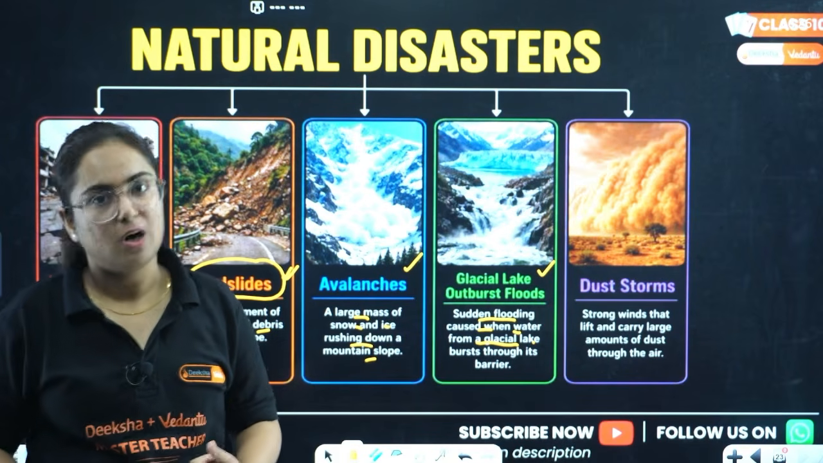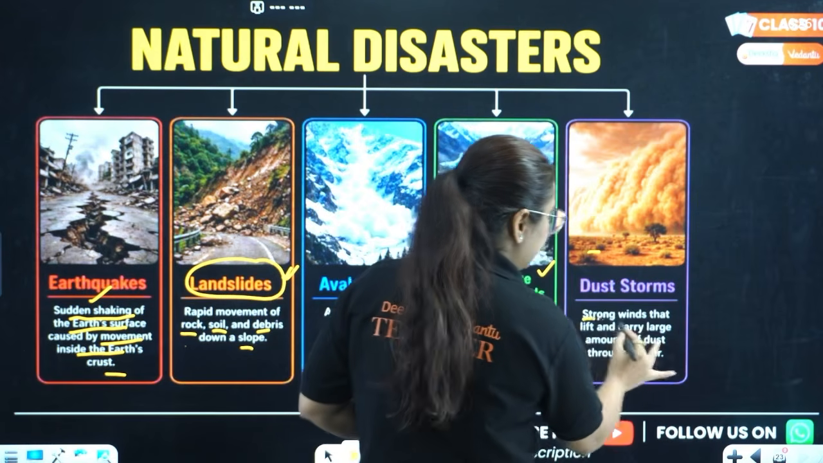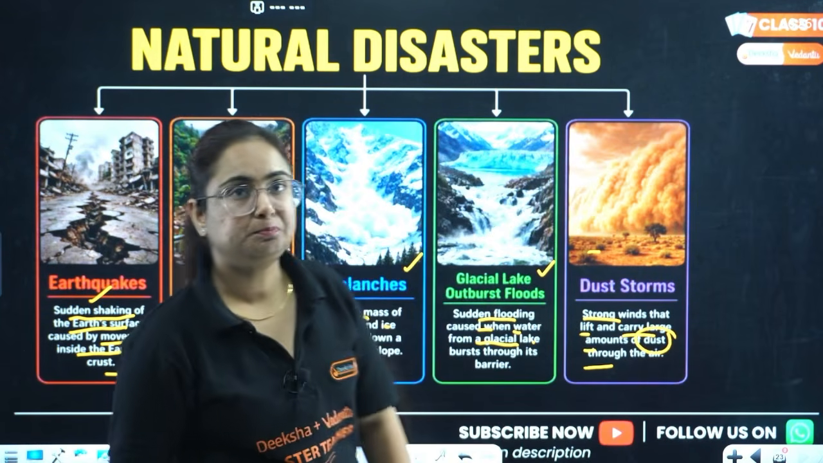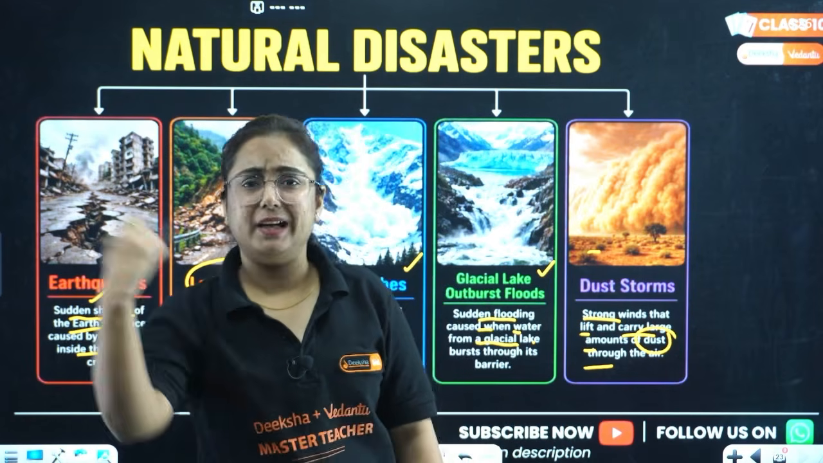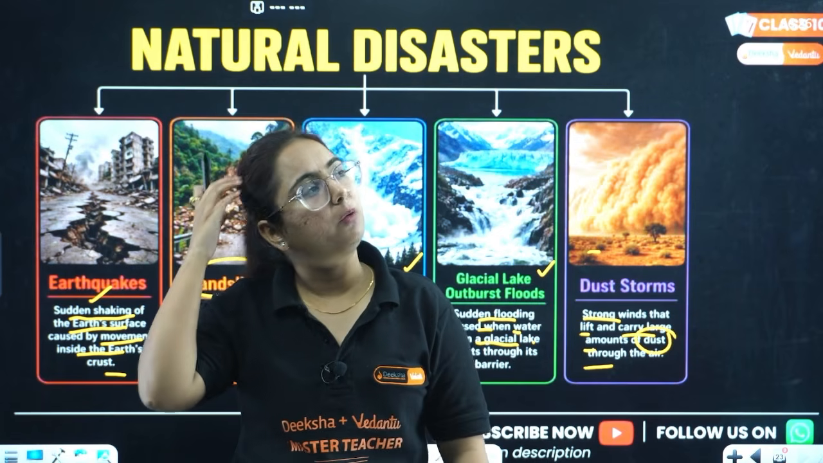and enters the region where it affects life. Okay. And the last is dust storms. Yes, strong winds that lift and carry a large amount of dust through the air. So this is basically what we can say, many times during the summer, when there is a lack of humidity